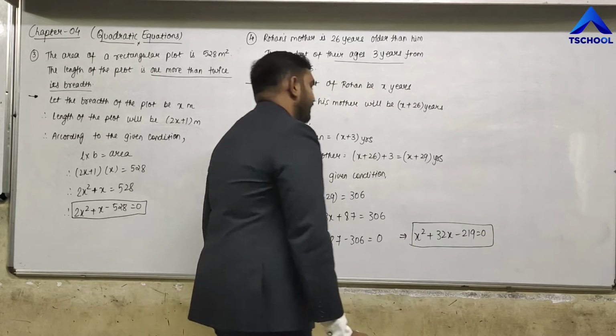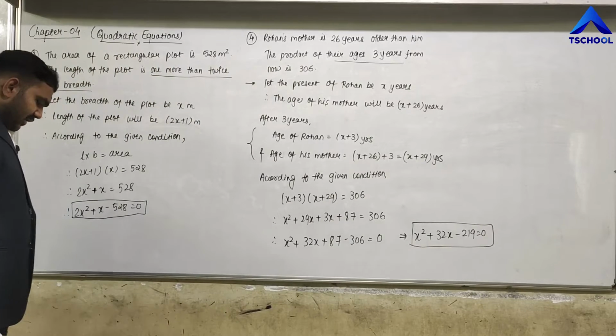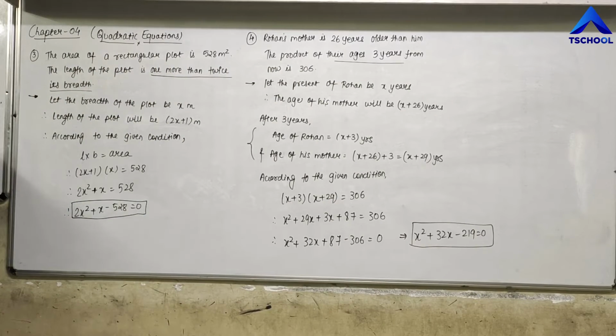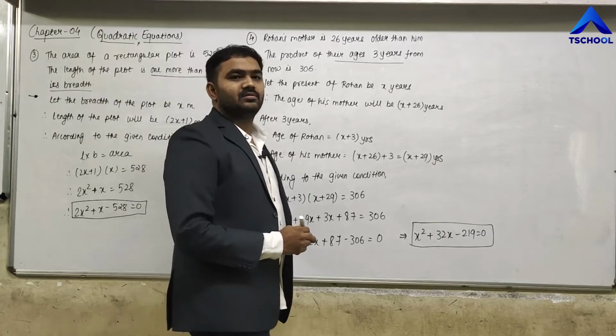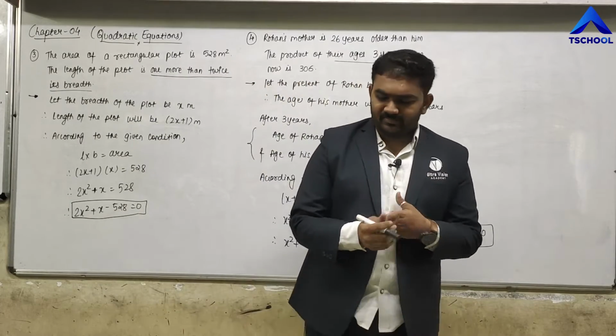0. Right? So this is our required quadratic equation, or this is the equation by which we can represent the given conditions in the form of a quadratic equation, that is x square plus 32x minus 219 equal to 0. Is it clear, friends? Yes or no? Okay. Now,